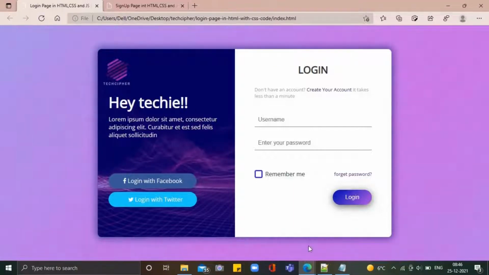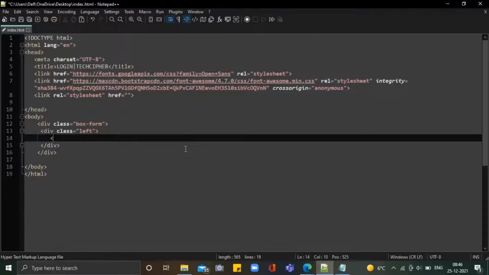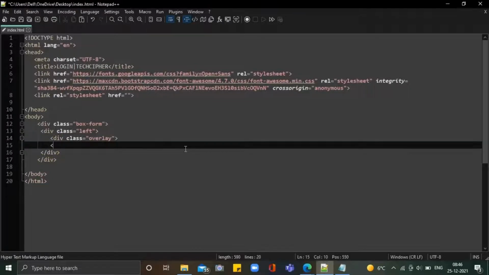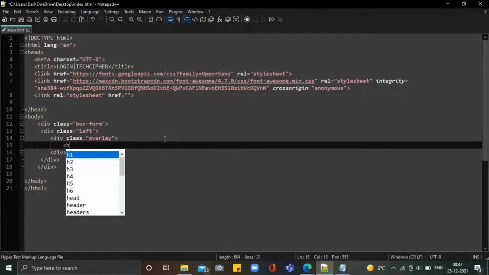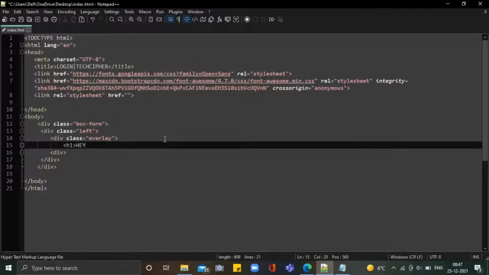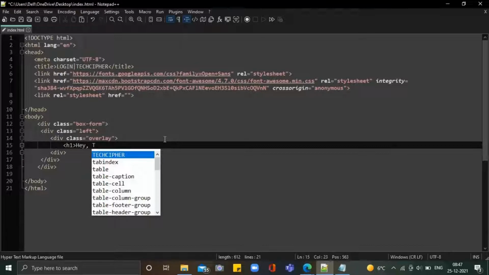So basically we'll create a class whose name will be overlay. So div class is equal to overlay, because it is on the top of it. So we'll write here div class overlay and first close the tag. After this, in this div class overlay, we have to write the hey techie part. So we'll write here h1, that is, hey, let me make it a bit cleaner, hey, and techie